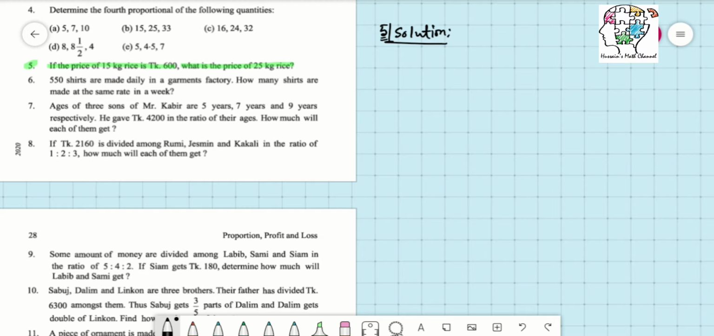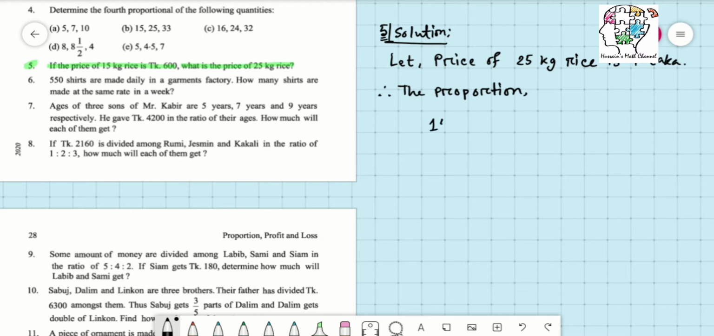At first we can write, let the price of 25 kg rice is p taka. Alright, just we say this is p taka. So the ratio becomes the proportion. The proportion becomes like